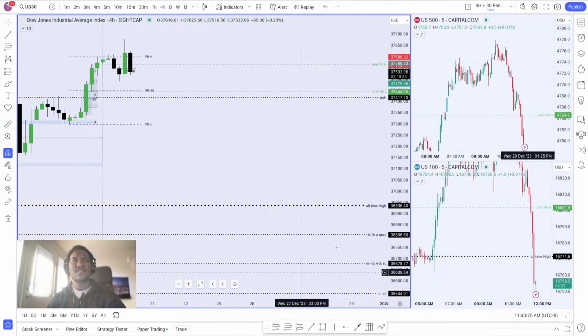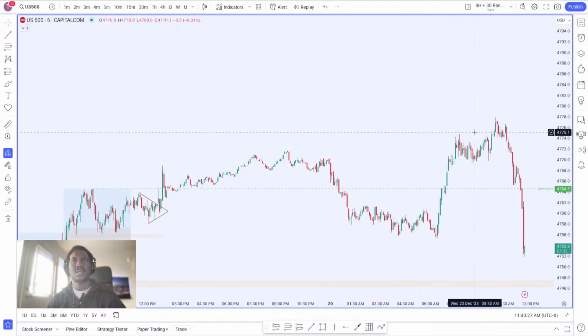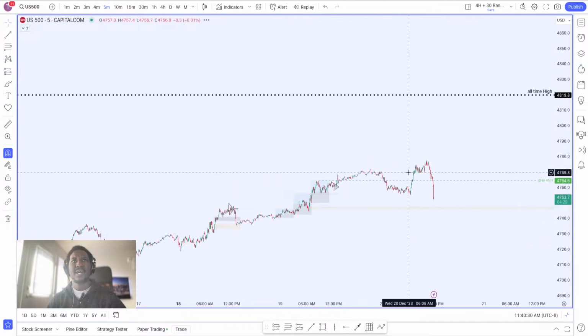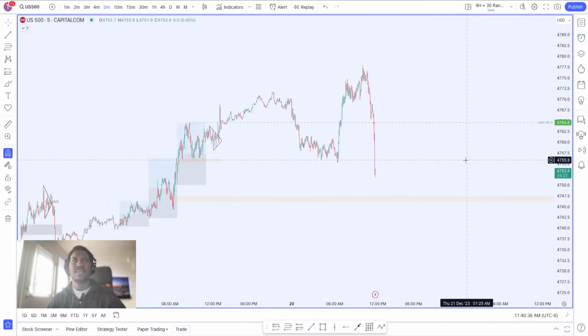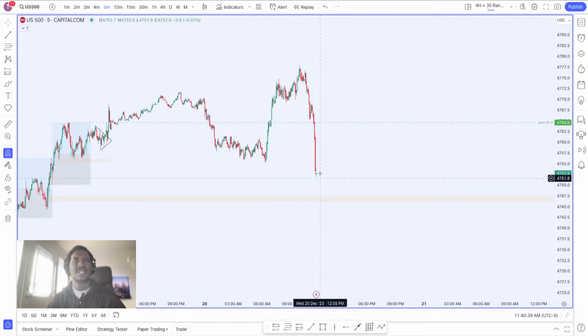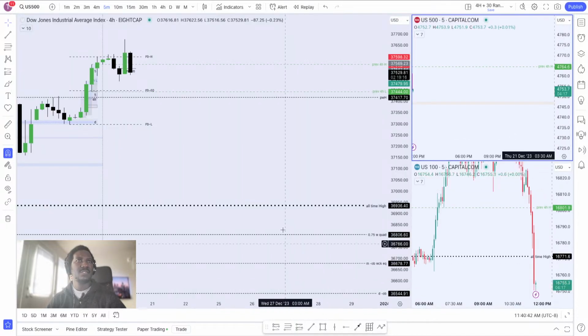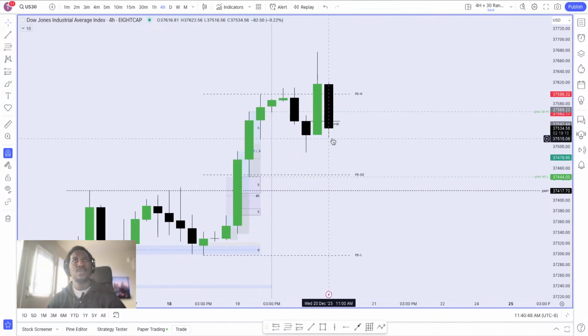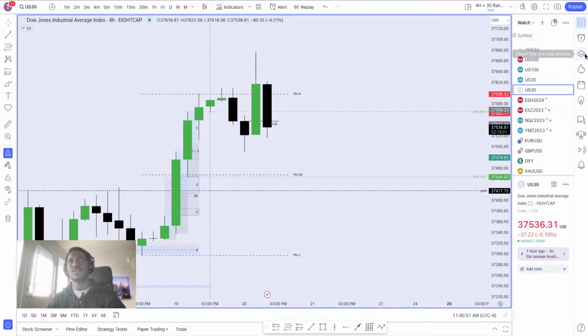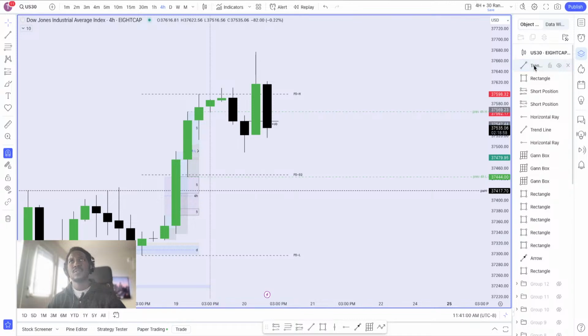For the fact that US500 still hasn't reached its all-time high, that has me thinking that maybe, just maybe, it might need to get up there. This is a 5-minute fair value gap from yesterday, so it's good to have those levels on the chart. Let's keep on doing this US500 thing. If we do close above this level, then we can see some support to keep on shooting up. That's the only level that I've added today. I'm going to throw that in the 4-hour pool, and all these are levels from yesterday, so I'm going to group all of them.